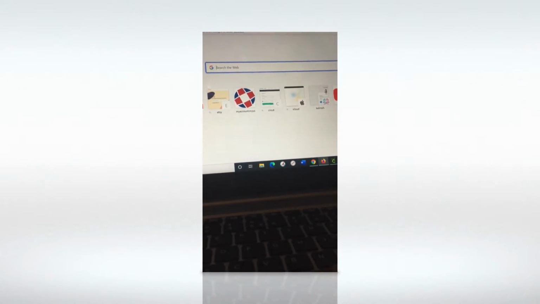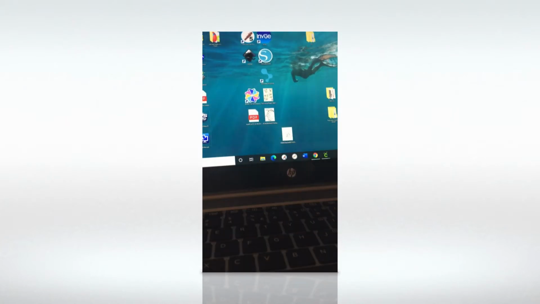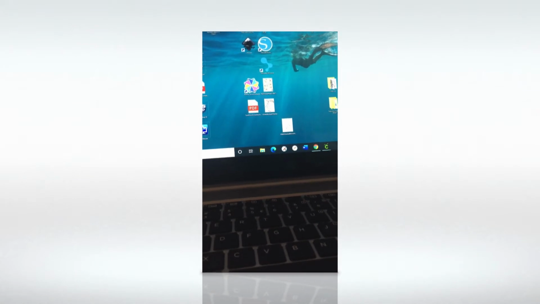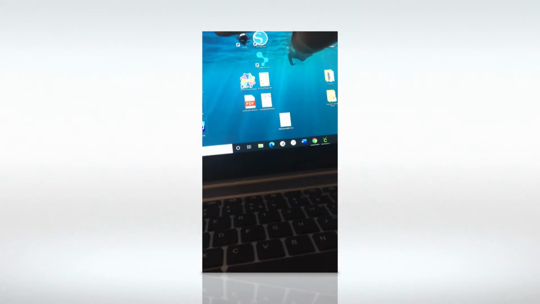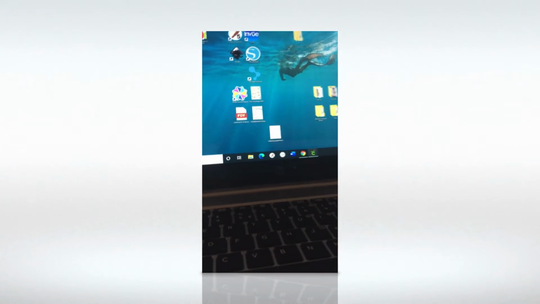I always put it on my desktop because trust me, my computer is a black hole of lost files. As you can see, it's a black hole of files even on here. Somewhere here I have a file called clip art. So I know it's there, and I'm now going to open up my Cricut,